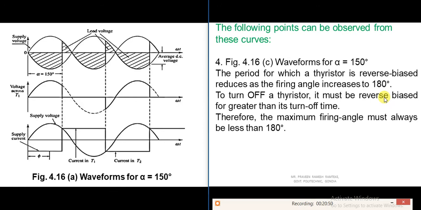This is a very important point. Once the SCR is triggered, it cannot undergo commutation by itself unless and until it is reverse biased. If we trigger the SCR by giving gate pulses, it will conduct, it will turn on, but it will not turn off if you remove the gate pulses. Gate pulses are removed, SCR will not turn off. We have to purposefully flow reverse current through the SCR to turn it off.